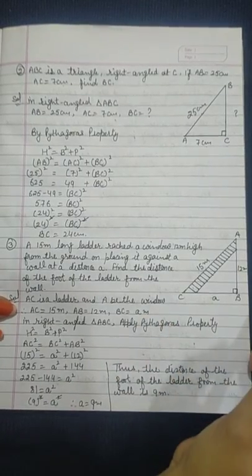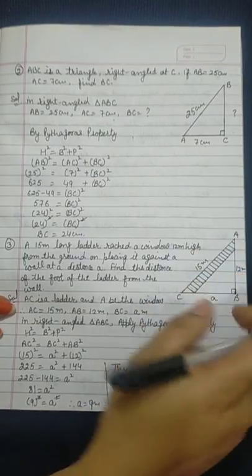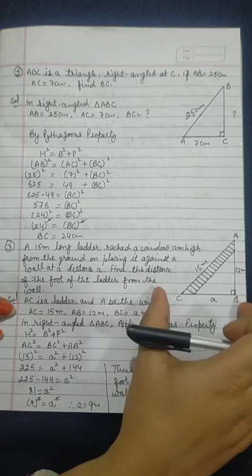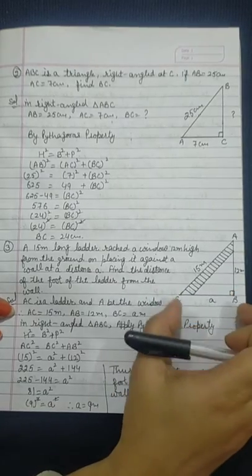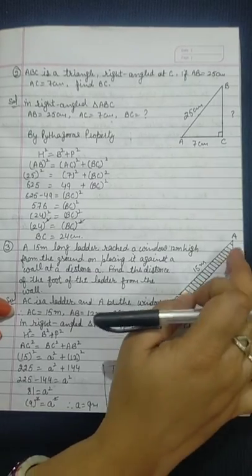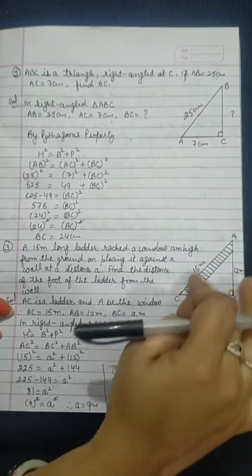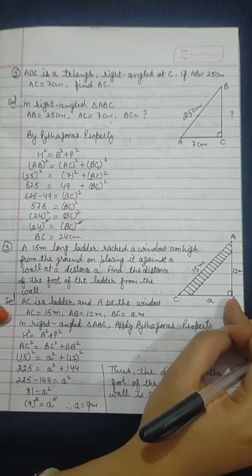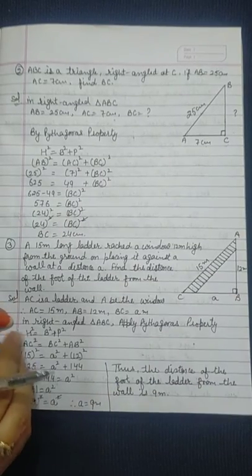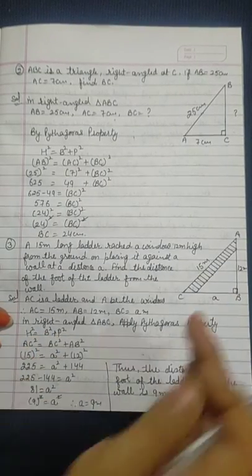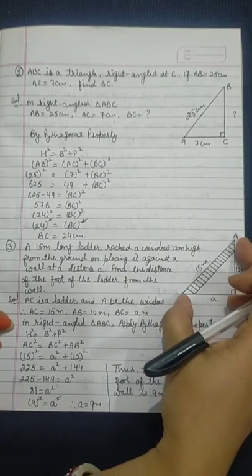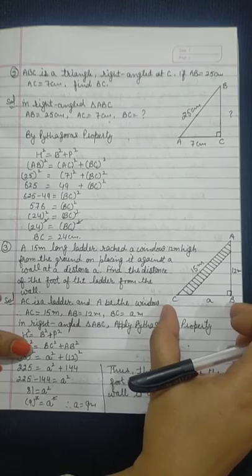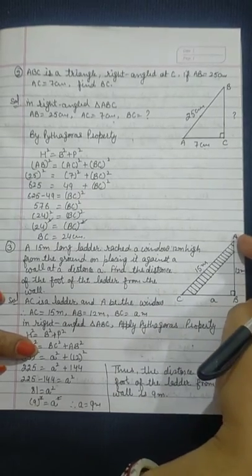Again, you know that this wall is standing on the ground, so it will be straight. It means it is perpendicular to the ground. So it is forming a right angle triangle in this complete diagram. By applying the Pythagoras property again, h square equals b square plus p square, where h is this ladder, AC. Then AC square equals base BC square, and this perpendicular is AB square.